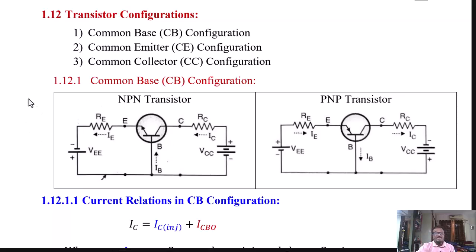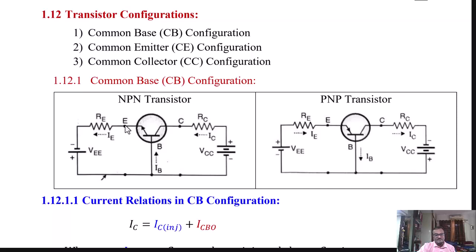According to that, there are three configurations: common base configuration, common emitter configuration, and common collector configuration. In common base configuration, the base terminal is common between the input and output circuit. Here, in common base configuration, you will see that the VEE supply is used to provide the biasing for the base to